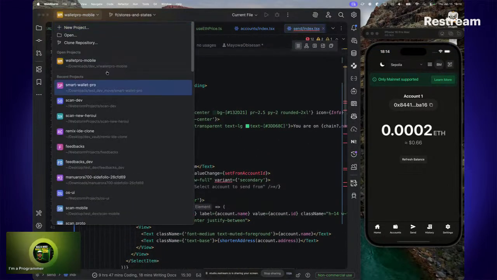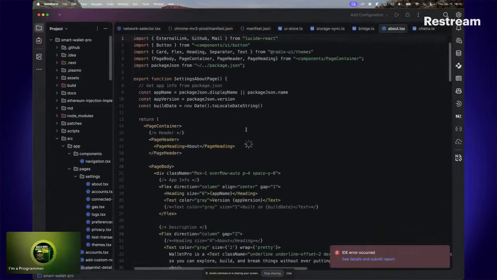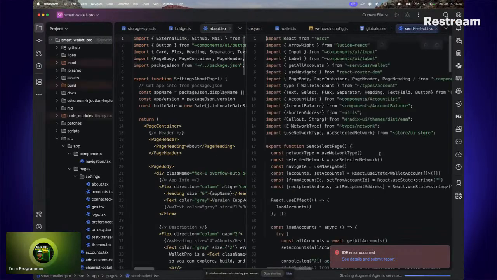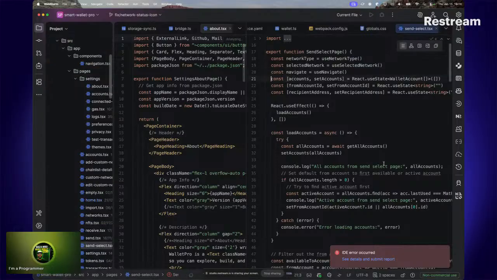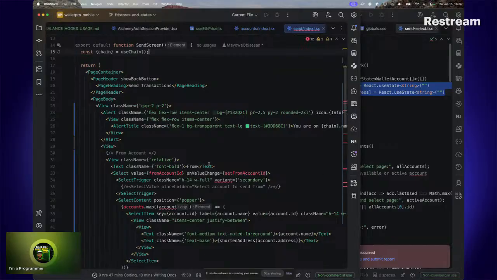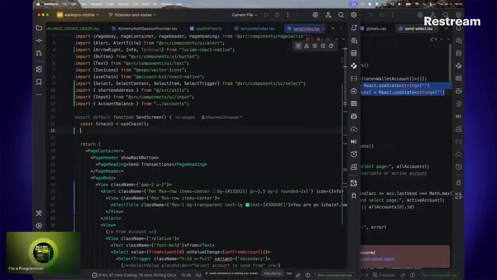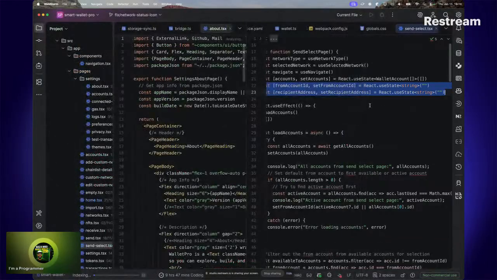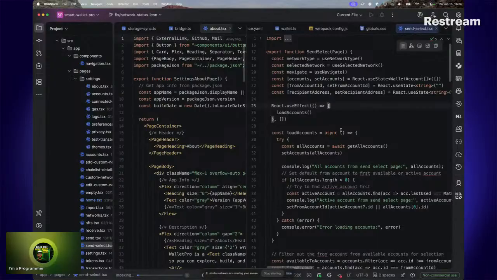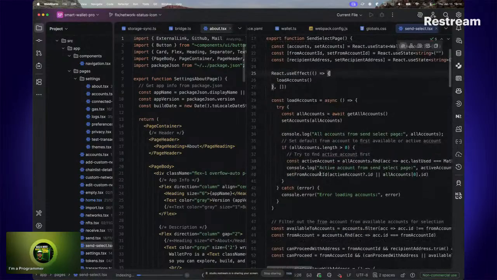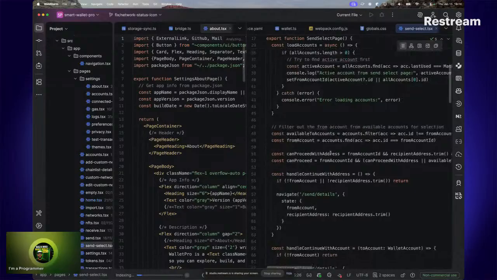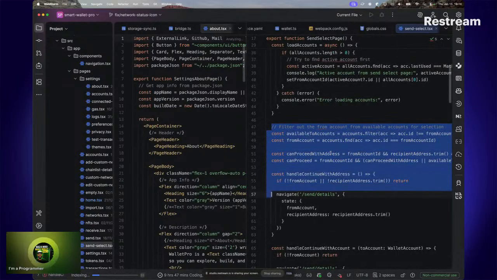So before that can happen, I need to add some more stuff to this page, which I'm not going to write, which already exists. So I'm just going to copy them. For instance, the recipient address and from account implementation is what I will just copy because it's a state, I know, but that's not exactly what I want to copy. What I want to copy is this, the available accounts, continue with accounts and all of these features. So we're going to use this, continue with address,